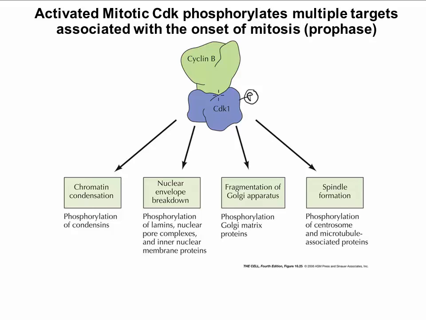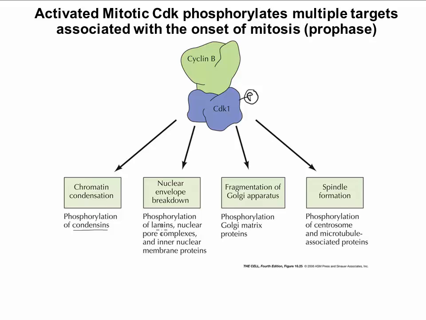But once that happens, and this is an activated enzyme complex now, there are lots and lots of targets for phosphorylation that this enzyme is going to be modifying, right? The first one is a set of proteins that are responsible for modifying chromatin structure. So these are called condensins, and as their name implies, they are responsible for initiating the condensation or compaction of chromatin that we see happening at the earliest stages of prophase.